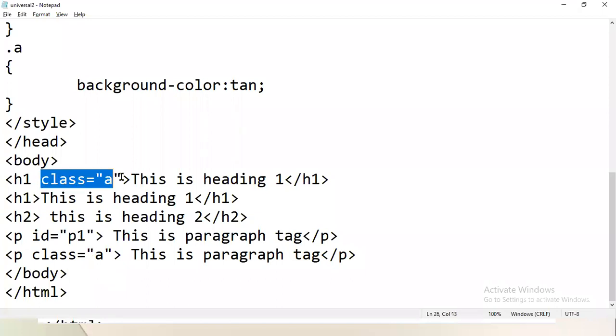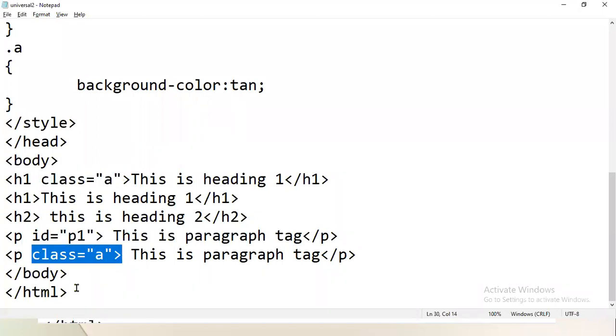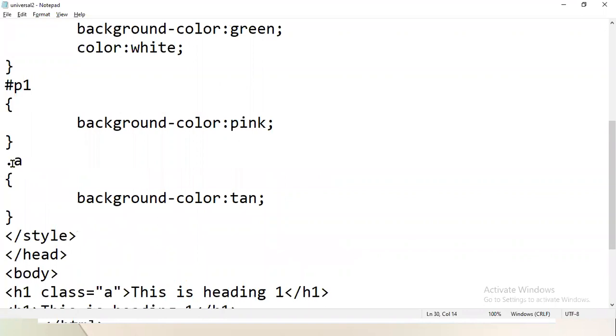For example, these two elements are available under this class a. Earlier, I applied the formatting to all the elements under class a. Now I wanted to change the formatting of only those elements of the same class which come under the P tag.